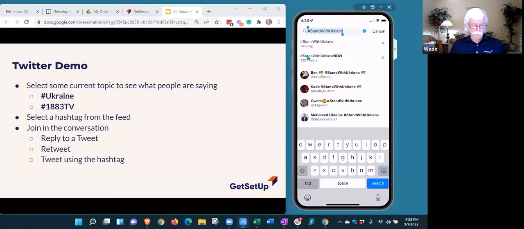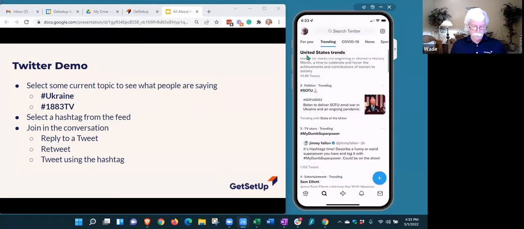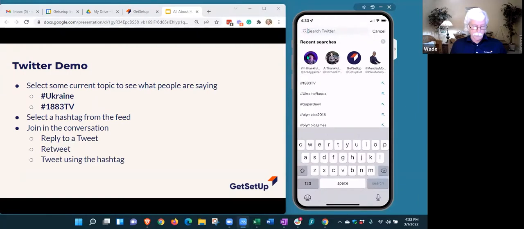I was going to go to another one to give you a slightly different twist, and I'm going to just cancel out of here and go back to the search, because it's one I'd already tweeted. But again, how a lot of people use Twitter, another way to use hashtags. And this is one that people are more apt to get involved with. I don't know if you've been watching 1883. It's the prequel to Yellowstone. Anyway, it's a really popular TV show.